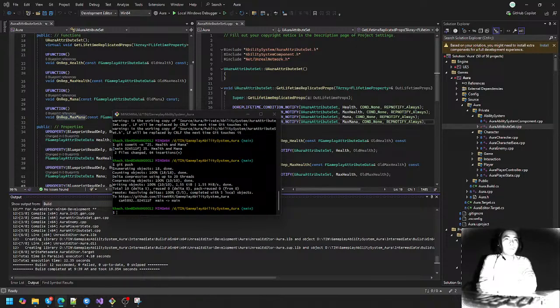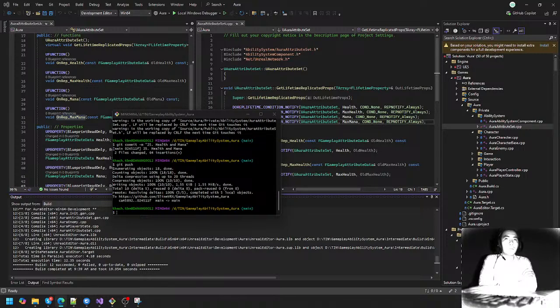It shows some other information. It shows the name of the computer. That's my computer's name. And it actually has the location and rotation right here. You can see it update as I'm moving around. We have an instigator and an owner for our ability system component. We see the controller is BP aura player controller, and the pawn is BP aura character. So it knows a lot of this information. And beneath all that, we see owned tags. We're going to look at that as soon as we get into gameplay tags. And yet underneath all of that, we see the